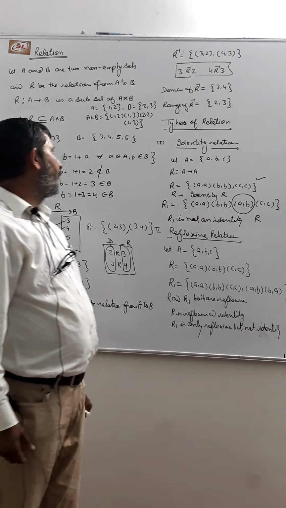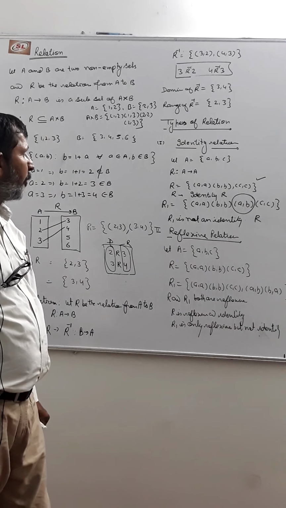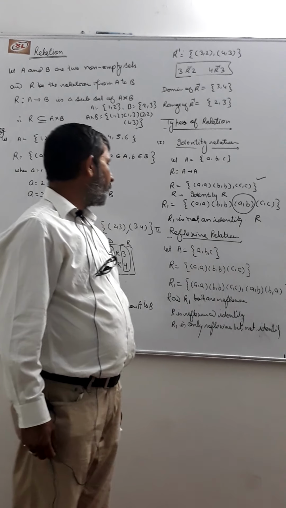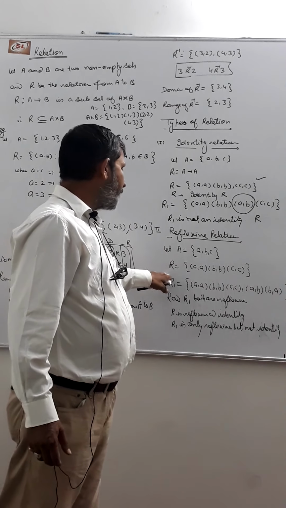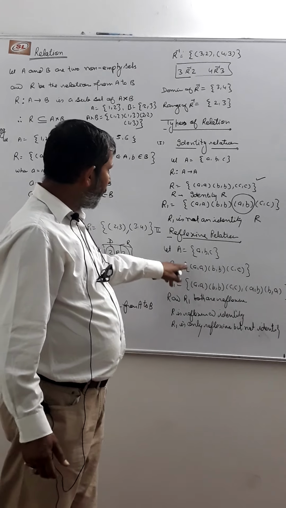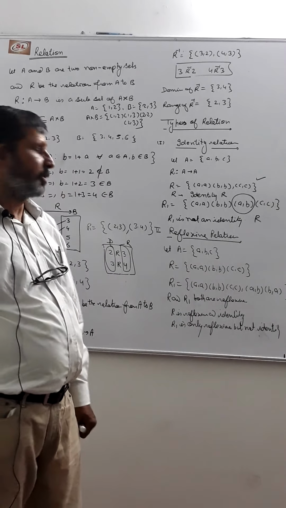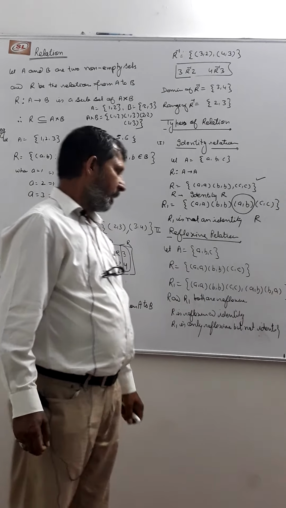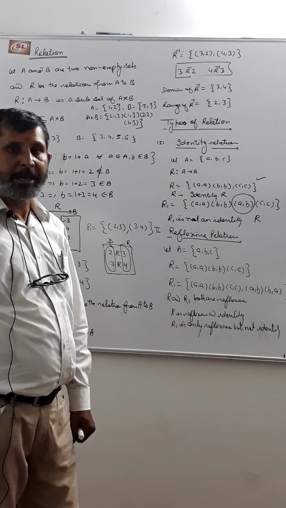Type 2, reflexive relation. Identity and reflexive relations are very similar, with one smaller difference. Again, I repeat. Let A be a set whose elements are a, b, c, and R be the relation on the set A defined by (a, a), (b, b), (c, c). Every element is related to itself, so yes, R is a reflexive relation. R1 = {(a, a), (b, b), (c, c), (a, b), (b, a)}. In the reflexive relation, every element of the set is related to itself.